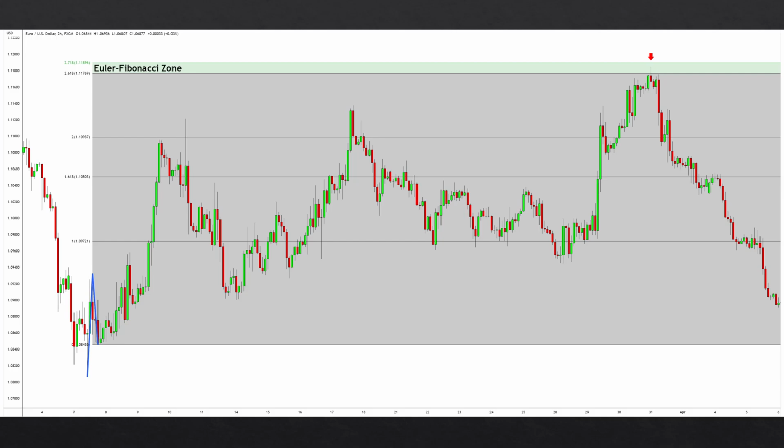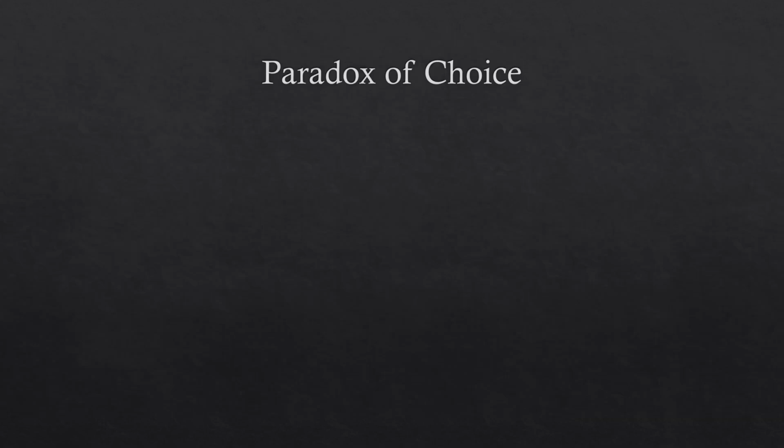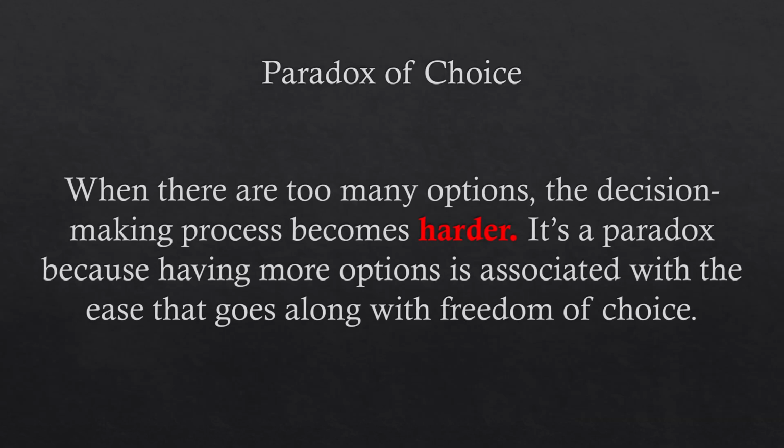Having too many options to choose from creates what's called the paradox of choice. When there are too many options, the decision-making process becomes harder. It's a paradox because having more options is associated with the ease that goes along with the freedom of choice. This is a big problem nowadays because there are too many options in any domain, so we end up wasting